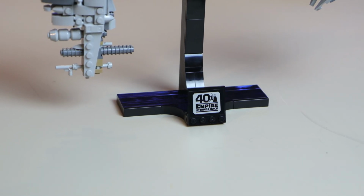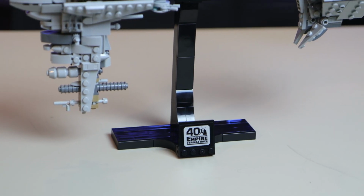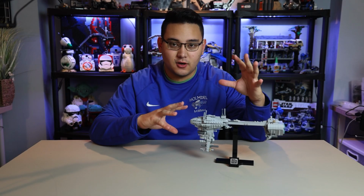Now, the Nebulon-B is actually a pretty large ship in the Star Wars universe, but of course that's very hard to capture in a LEGO that's not a UCS set. For those of you who, like me, voted for the Nebulon-B back when LEGO Ideas wanted our votes for the UCS set, at least it's something. It's not as extravagant as what we're probably going to get for the UCS gunship, but nonetheless,